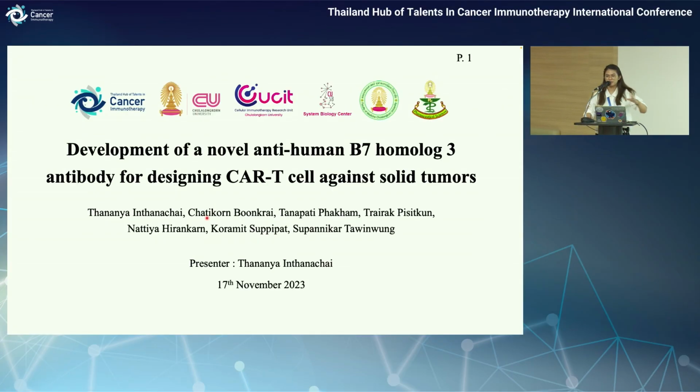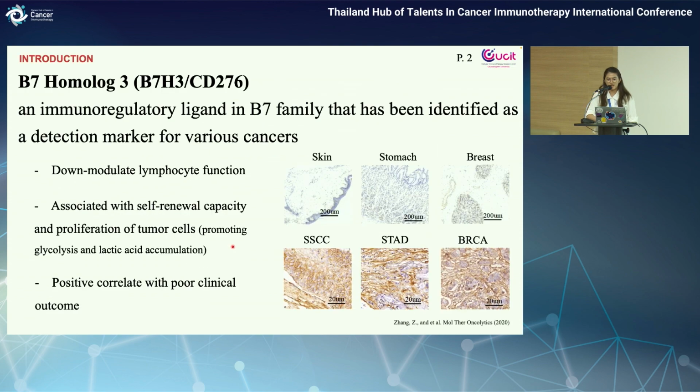Okay, thank you for your welcome. My name is Thananya Inthanachai from Chulalongkorn University. I'm working on the development of a novel anti-human B7 homolog 3 antibody for designing CAR T cells against solid cancer. So B7H3 is an immune checkpoint antigen. This molecule plays an important role in down-modulating lymphocyte activation and